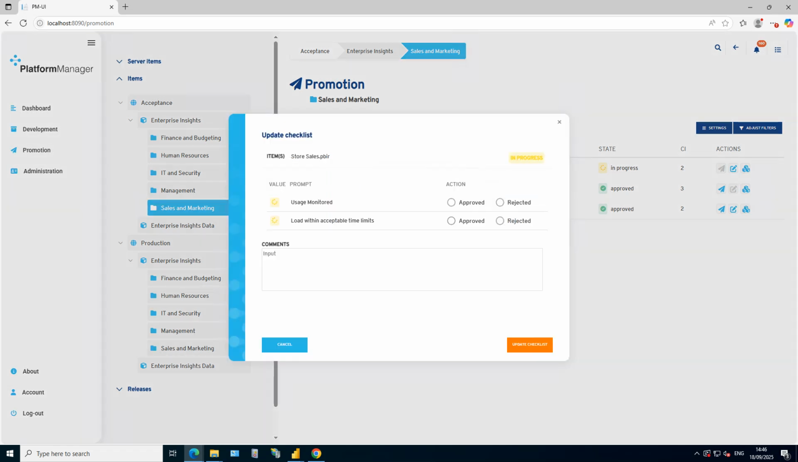So let's assume that I've monitored usage, so I've tested the application, and that seems okay. I've also tried loading the data into the application, which was fine as well. So I'll check these points. If I would have rejected one of these points, you can see that the state of the item changed to